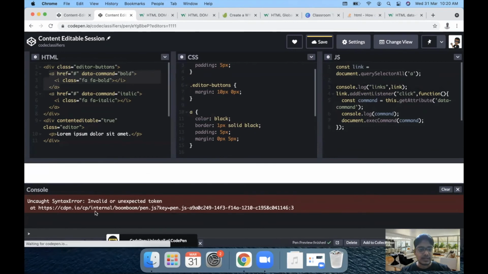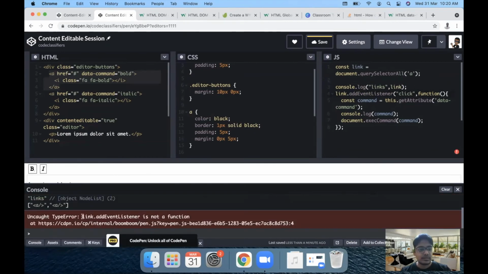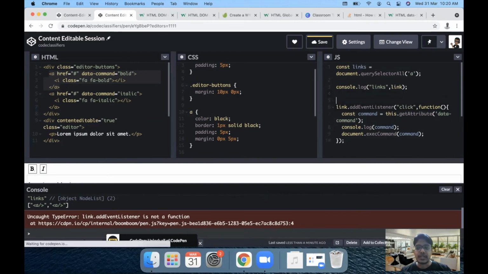Now as you can see, we have these links present here, which is an array of the href elements. So what we can do is iterate over all these elements. So let's change this to links, and we can use a forEach loop.